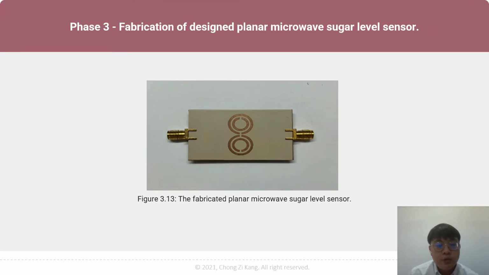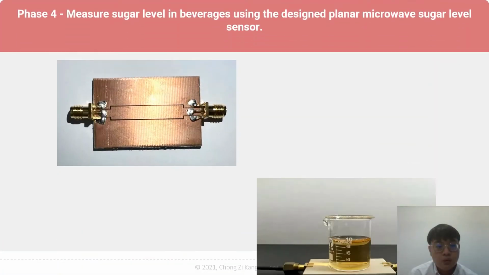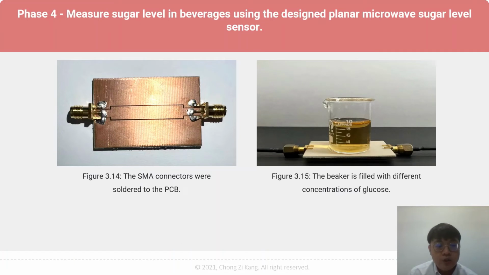After the resonant frequency from the HFSS simulation was matched with the mathematical calculation, the planar microwave sugar level sensor was sent for fabrication, and the fabricated sensor is as shown in the figure below. Fabrication of the circular split ring resonator was followed by soldering of the SMA for successful transmission, and the simulation results were empirically validated using the VNA, and in this project, a total of 2 sets of PCB will be